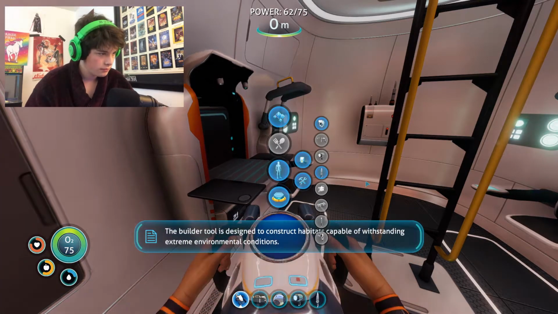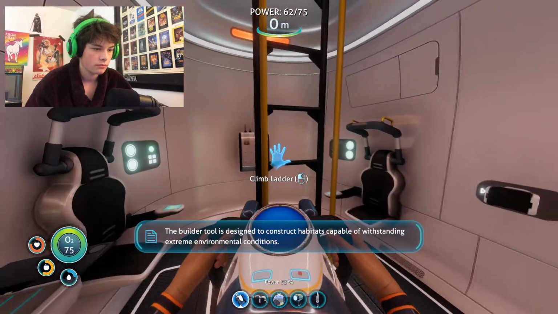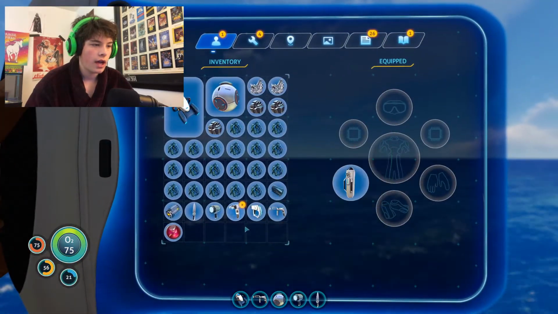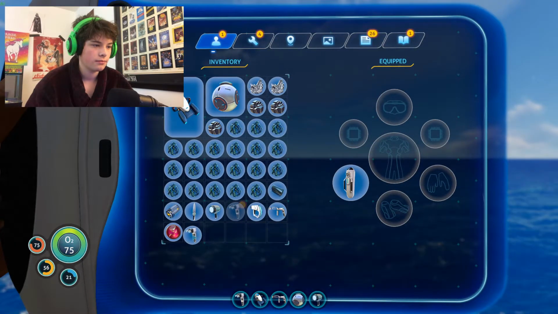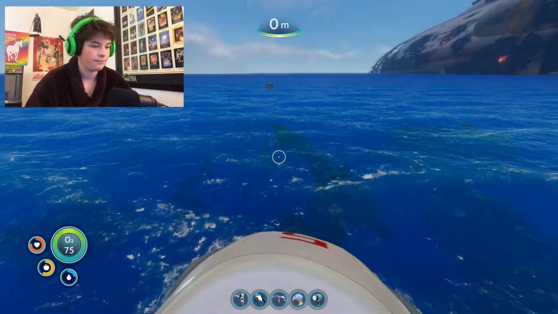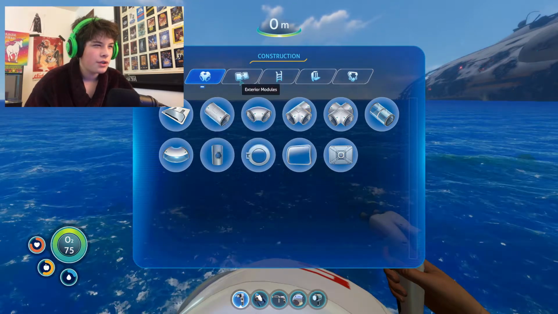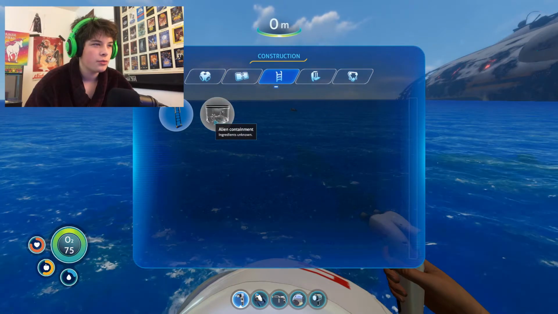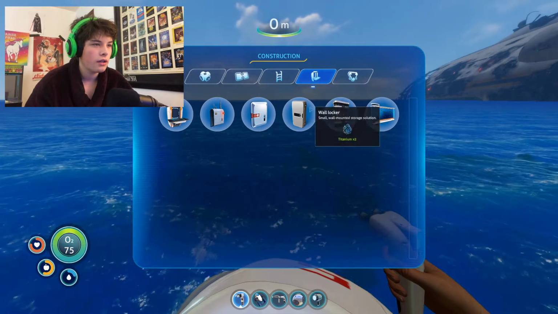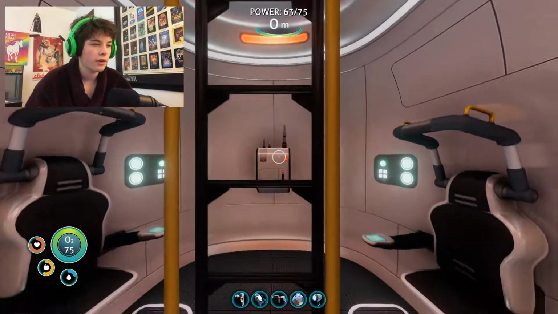I know. The builder tool is designed to construct habitats capable of withstanding extreme environmental conditions. Alrighty, so let's build our first base. Alright. Let's see how this works. Tubes. Alright, so we got tubes. What is that? Alien containment. Fluid intake. Hey, and there's our locker. That is exactly what we're going to put all of our grav traps and all of our scanners in, because...